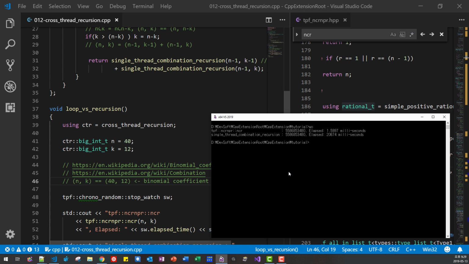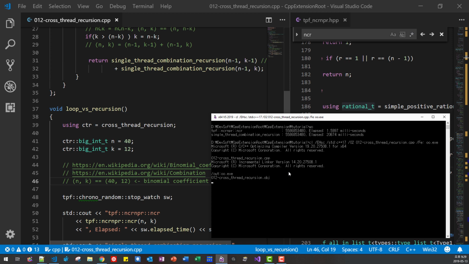Now we will use some optimization switch. O2, this is optimized, this is without. This is optimized version. So it takes 2.3 milliseconds.